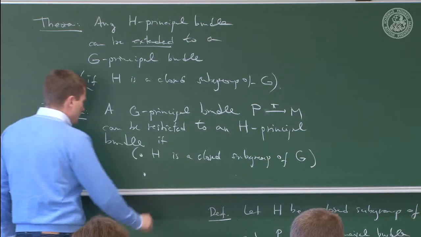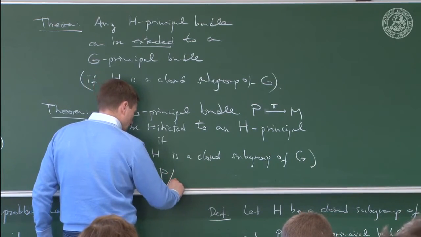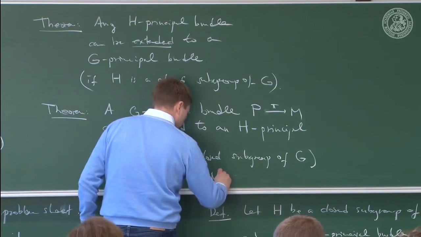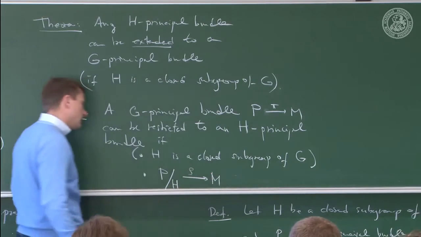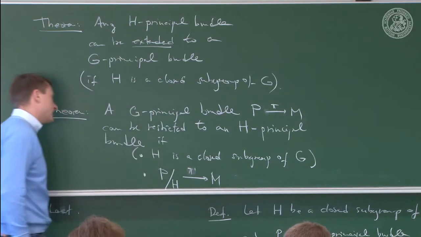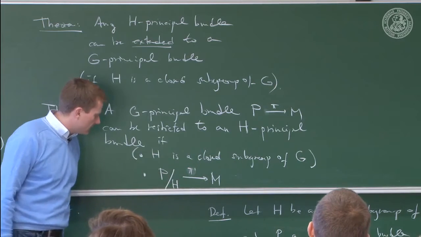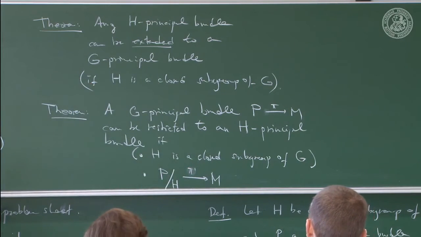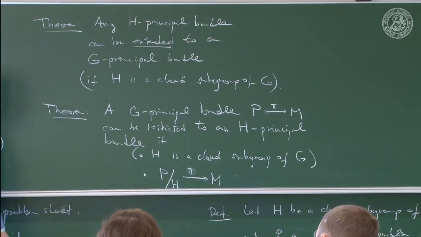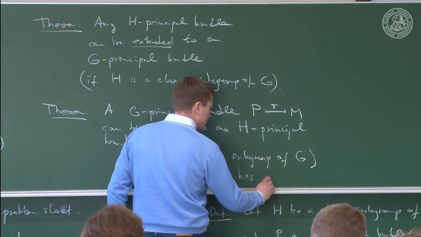If the quotient bundle, that's the main condition, P mod H to M, where you use the canonical projection map pi prime, which you can easily construct by going from P to P by H by the canonical isomorphism for the respective equivalence relation, if this bundle has a cross section,